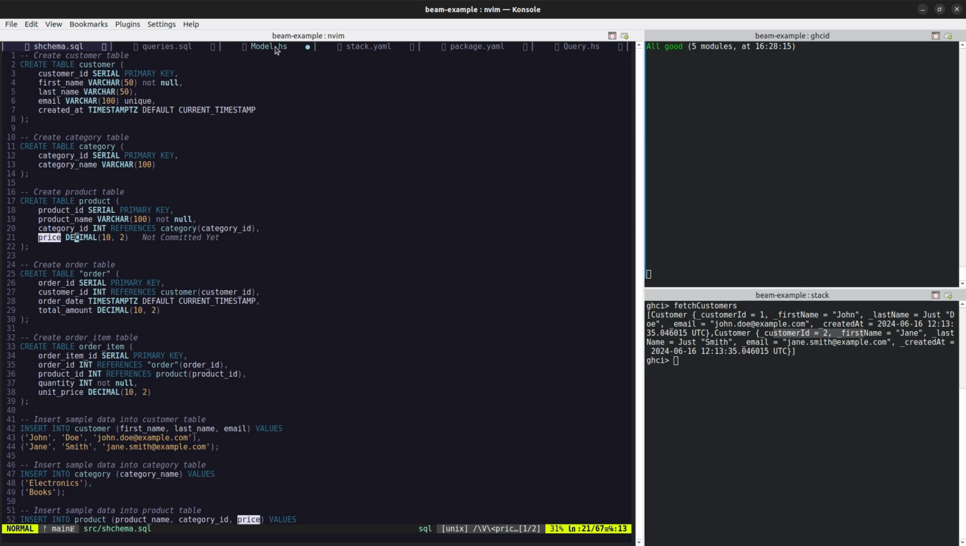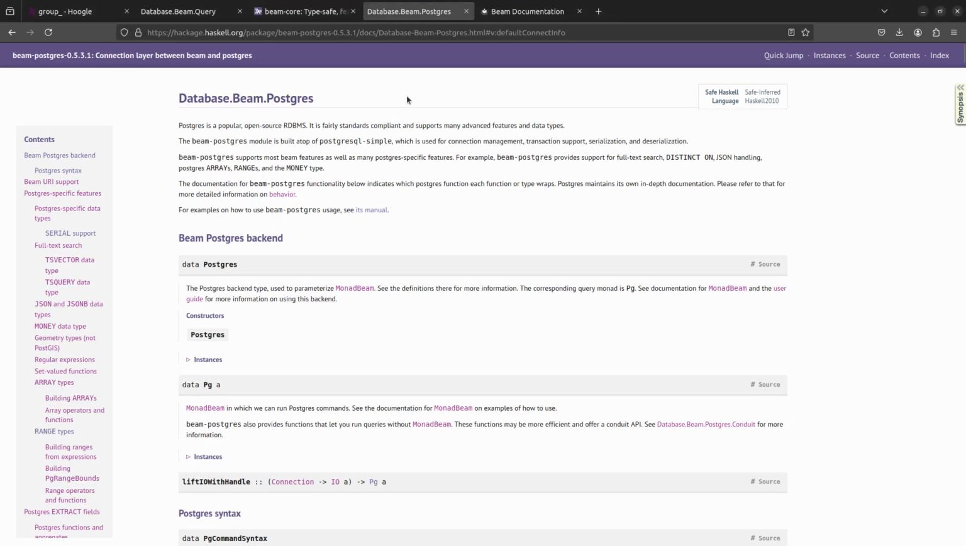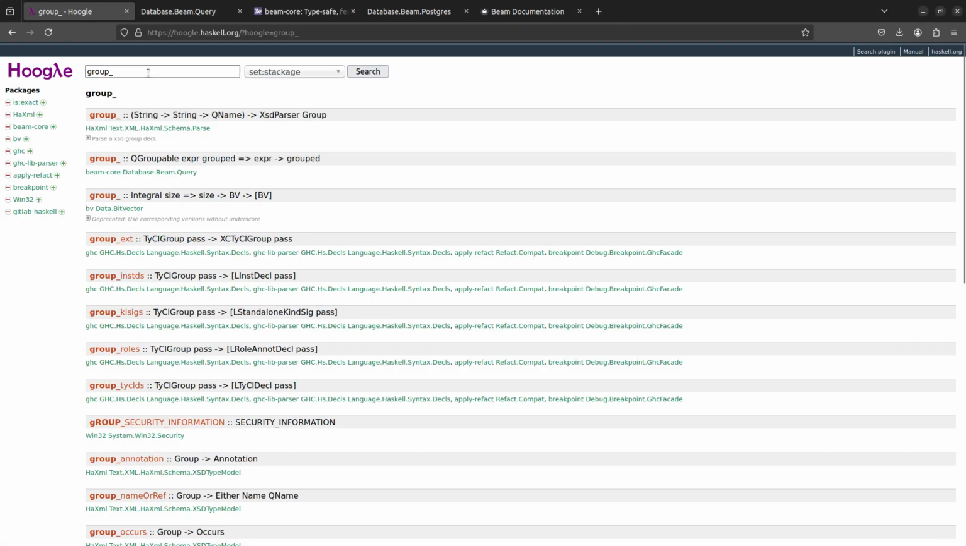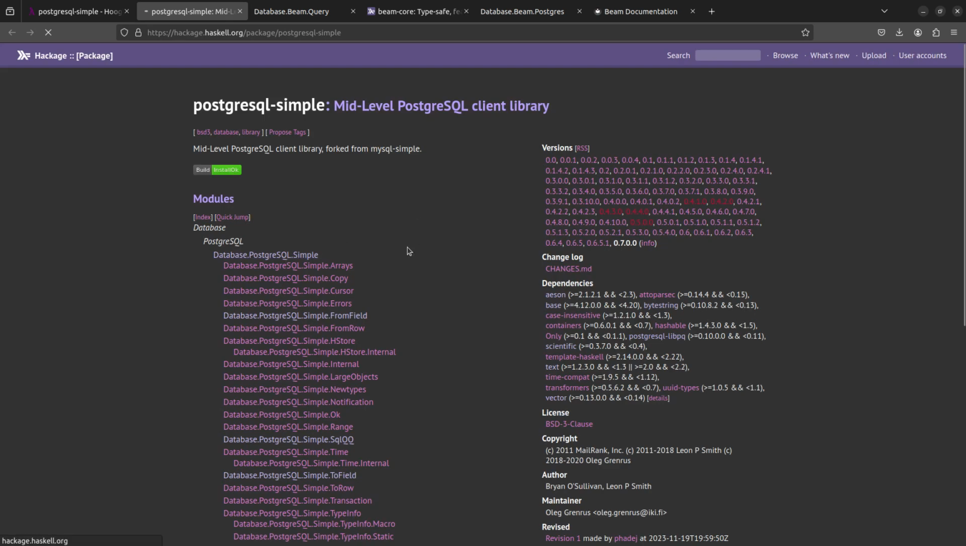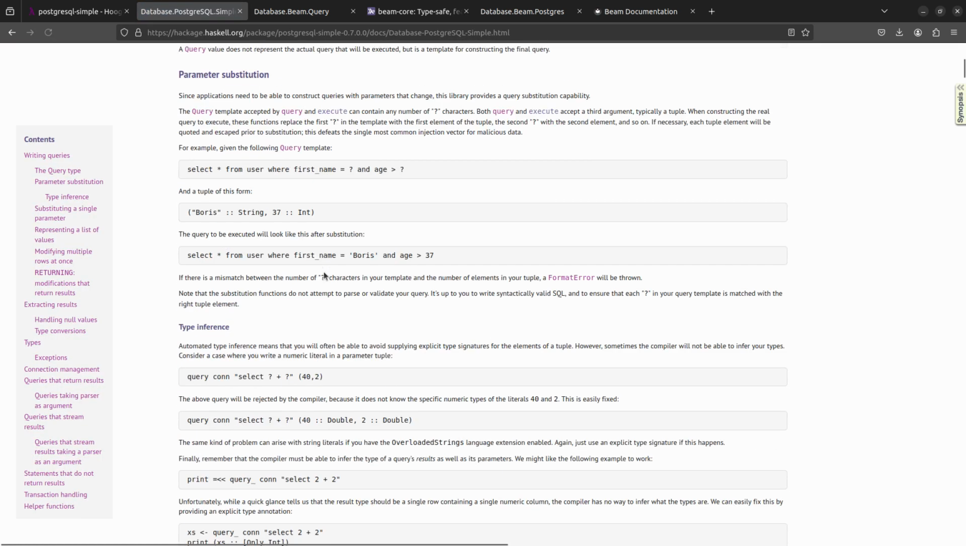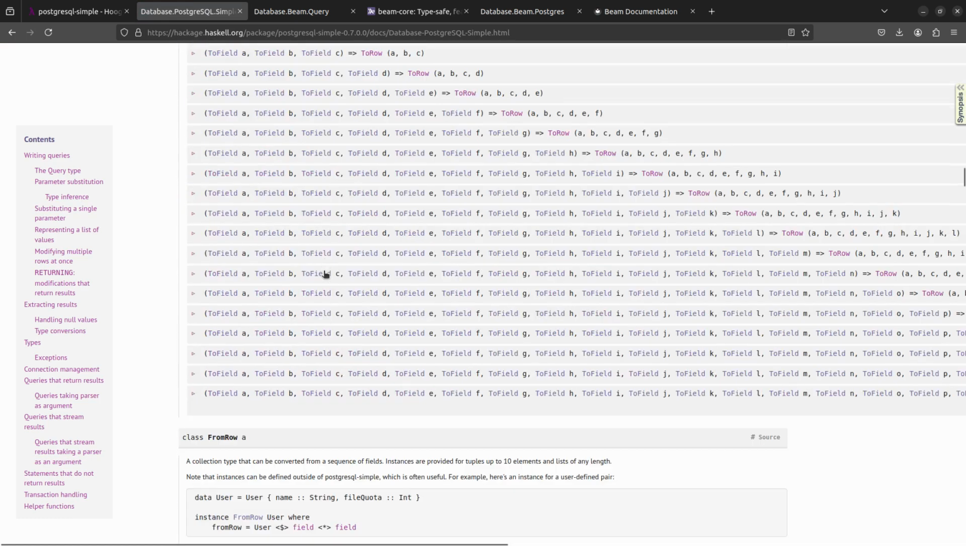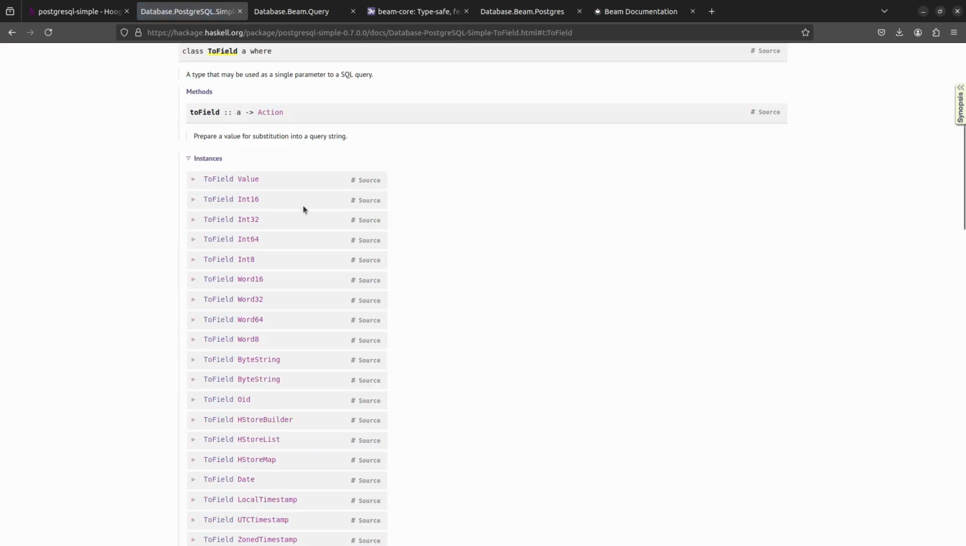So if there are numeric types in your database, its equivalent marshalling is not, unfortunately, a double. It is going to be scientific. So I'll explain. So if I go in Postgres simple, and let's say to field,